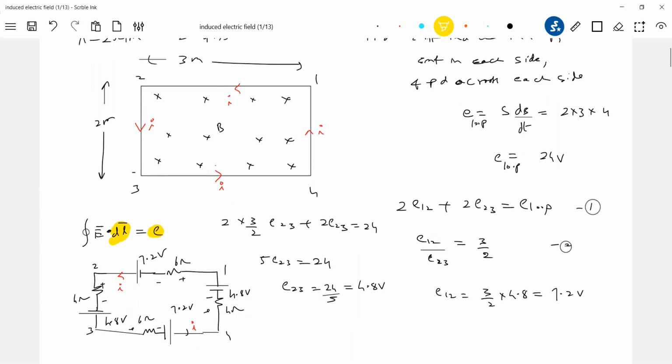What is the expression for total current? Again, don't get deviated. It is the same Faraday's law divided by the total resistance of the circuit. How much? Lambda into 3 plus 2 plus 3 plus 2. Don't get deviated again. You apply Faraday's law, you get the EMF induced in the loop and the total resistance of the circuit. So like that, we'll get the current I.